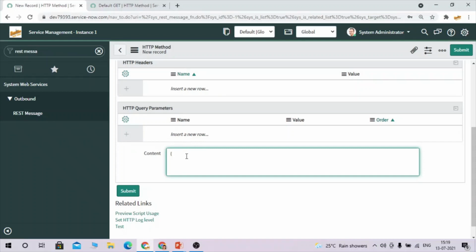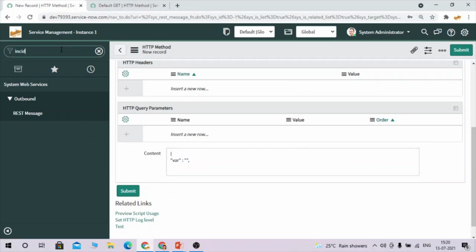So here you can give curly braces, and in JSON we always provide data as keys and values. This is the format actually. Here you can describe any variable, and here you can provide the value of the variable. So you can have a variable, and here the value which you want to put into this variable.